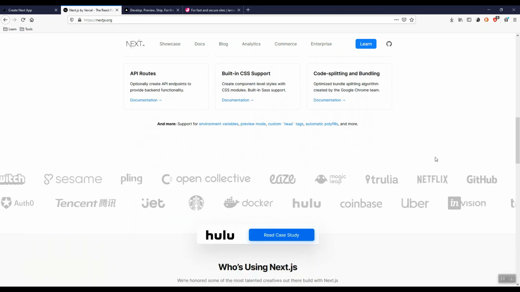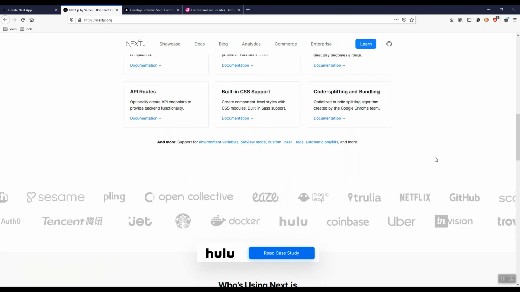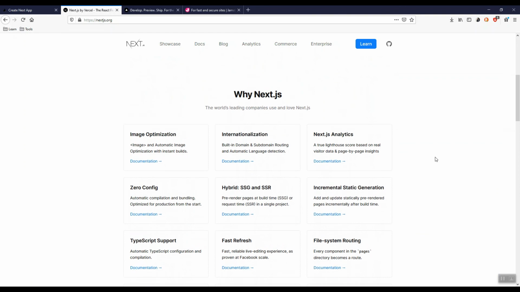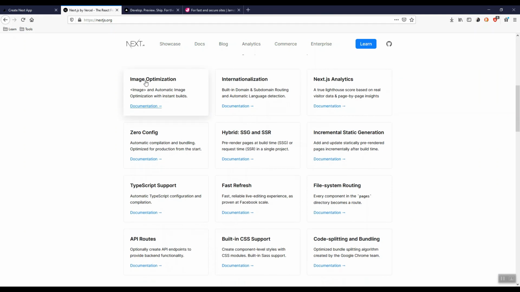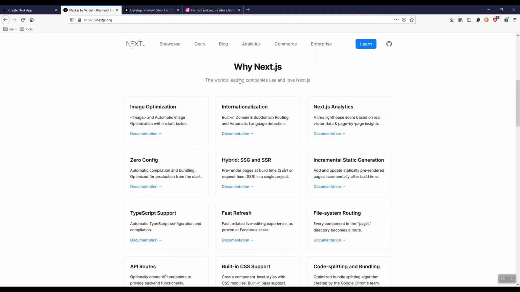So what's so unique about Next.js? First of all, if you're coming from a different static site generator to Next.js, you will see that for most of the features like image optimization, analytics or internationalization, in other toolkits we have to download plugins or third-party libraries, but with Next.js it comes built in.